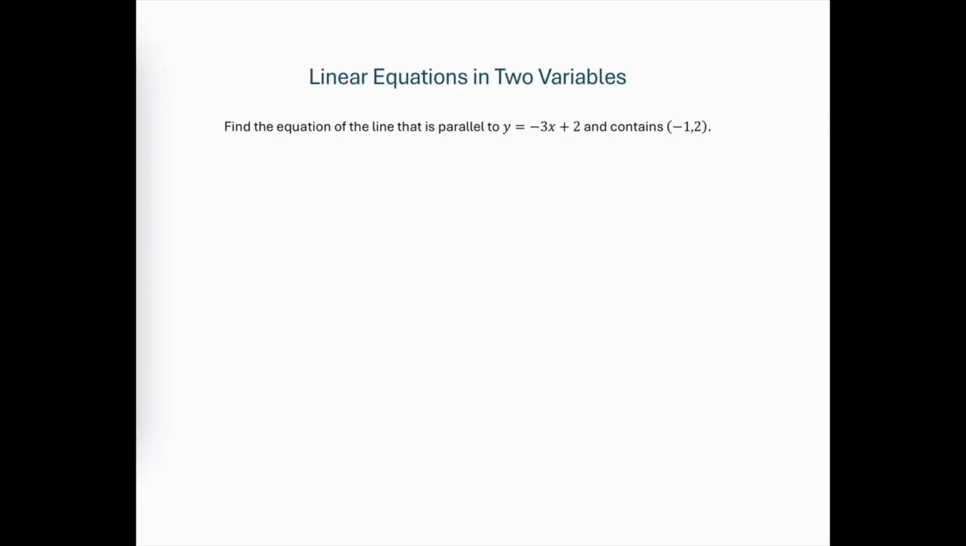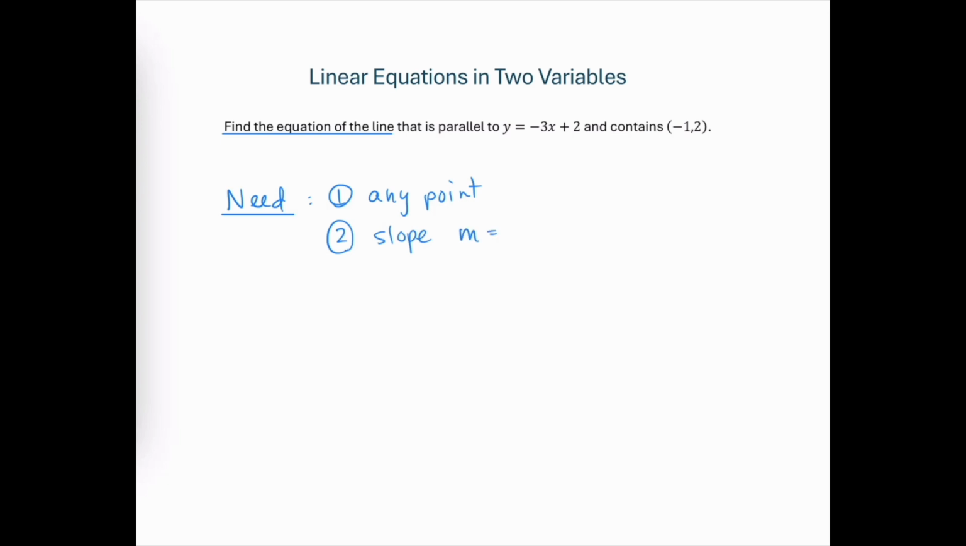Find the equation of a line that is parallel to y is equal to negative 3x plus 2 and contains the point negative 1, 2. Anytime we're asked to write the equation of a line or find the equation of a line, we need two things. Number one, any point. We do not have to have the y-intercept, any point will do,